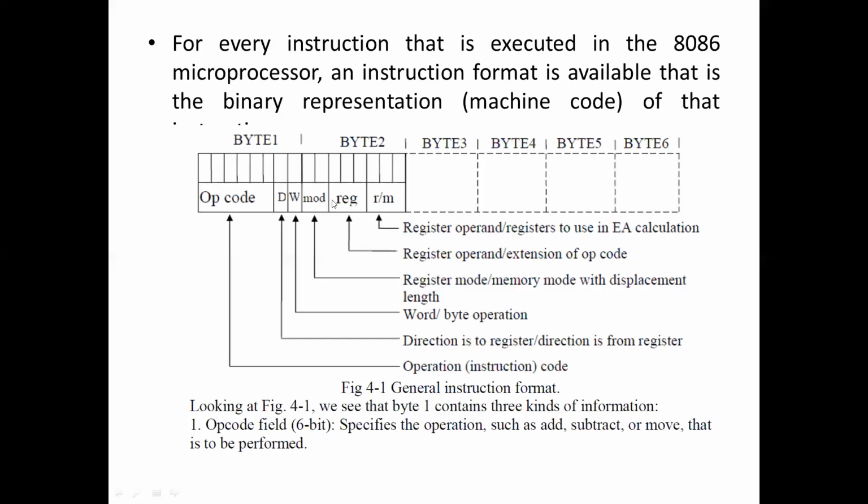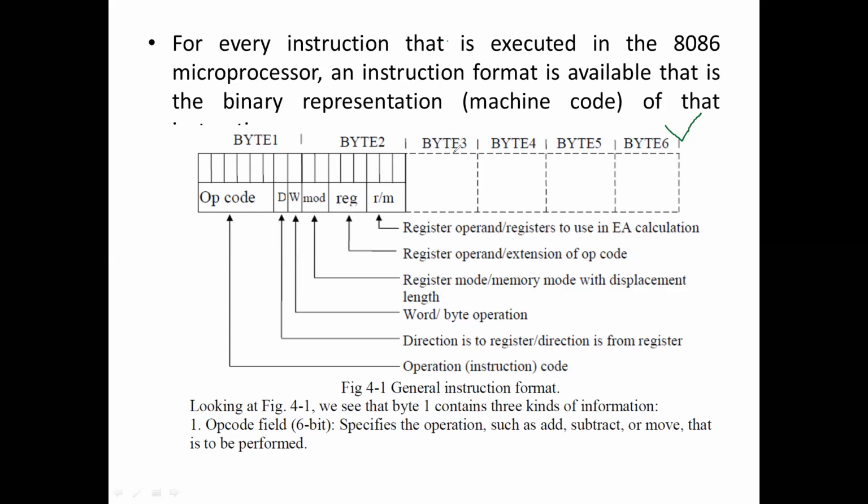Yes, ma'am. We can also represent any instruction by writing its machine code. Machine code means the code in 0 and 1. Simply in assembly language programming, we are writing the instruction in mnemonic and symbolic representation. Now, every instruction has some particular instruction format that depends on the number of bytes it is having. Maximum we can have 6 bytes of instruction in 8086. In 6 bytes of instruction, first 2 bytes are more important, then remaining bytes depend on the instruction.